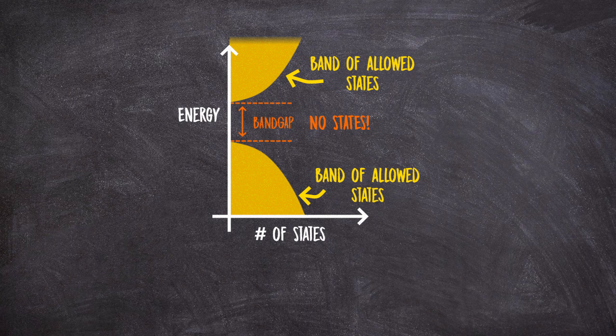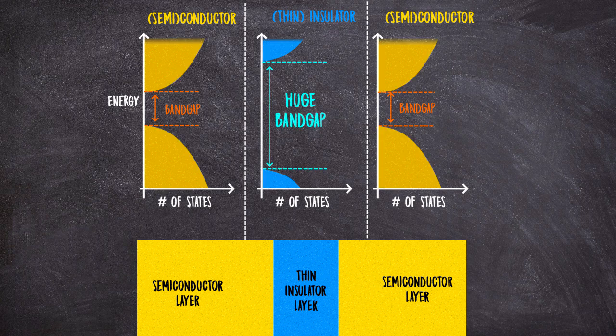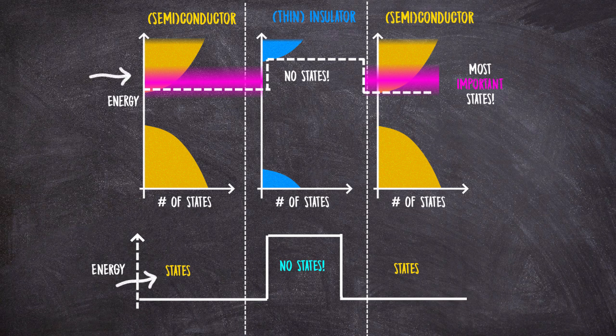Given this, we see that something very interesting happens when we look at our semiconductor-insulator-semiconductor situation, because by definition what makes an insulator an insulator is that it has a very large band gap, much larger than a semiconductor. Thus we see that in this arrangement, if we look at electrons in these states here, which for reasons we'll leave for another video are the most important electrons, you have a situation very similar to our narrowing waveguide. Electrons in these states, in these semiconductors, are going to perfectly reflect off the insulator because there are no states in the insulator with that energy. If they can't exist, then they reflect.